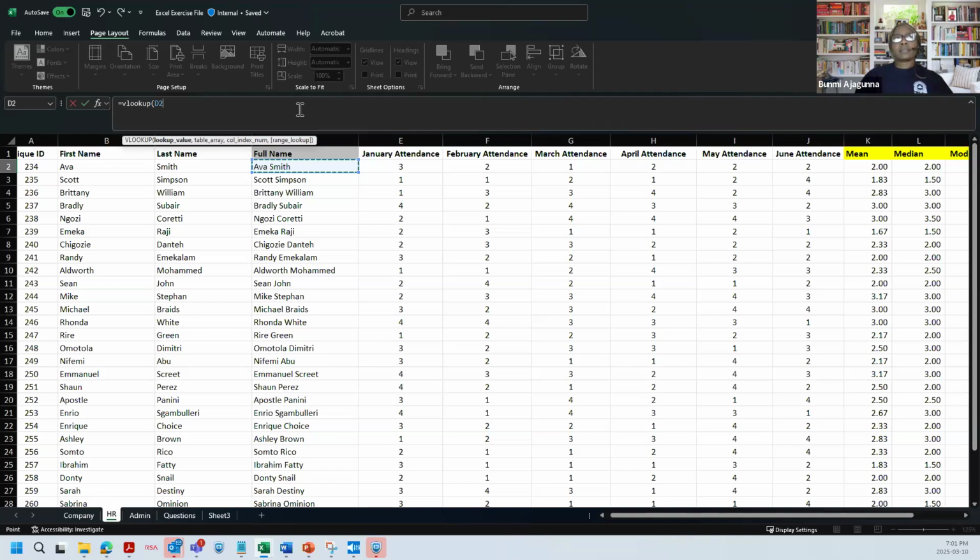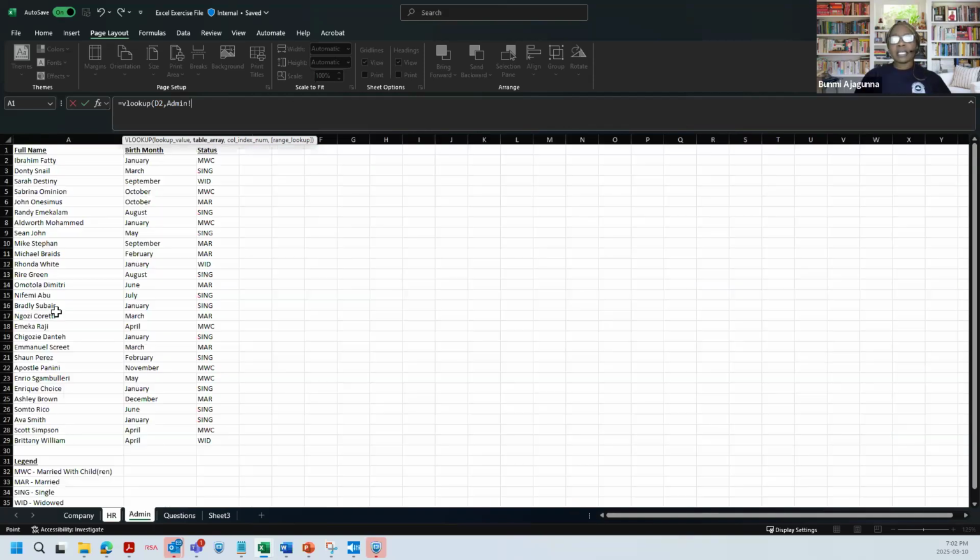which is Eva Smith. Make sure you press your comma, because your comma means different things. It could mean in, it could mean otherwise, it could mean so therefore. So in this regard, we're looking up D2 in, then you go to the admin tab, and then you highlight the first two columns.